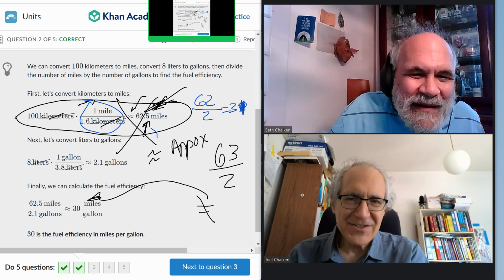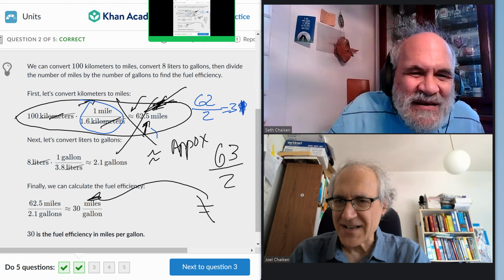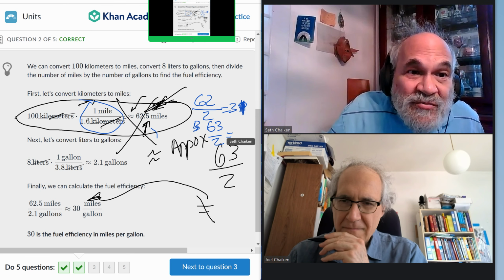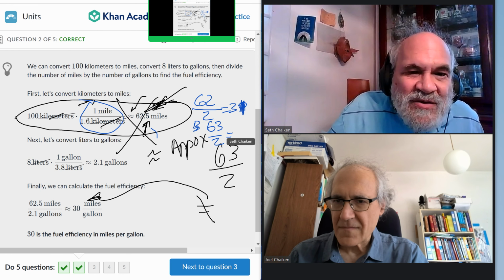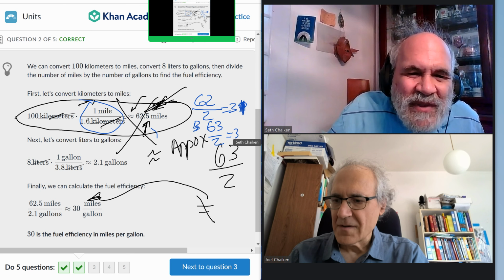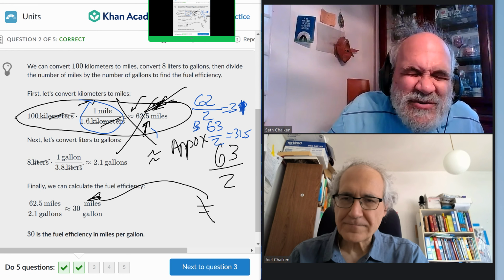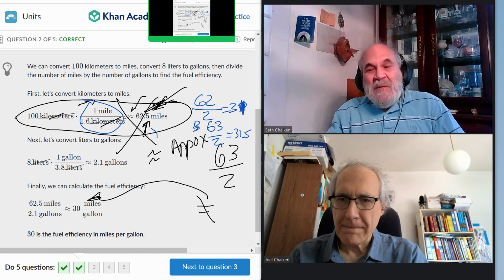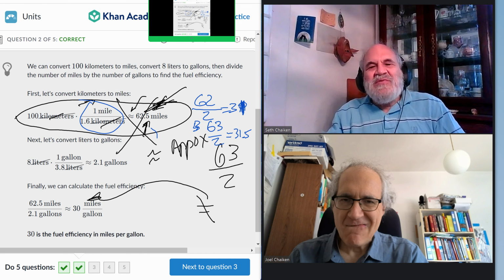In fact, it's better not to even do the half, just to be careful. If you did 63 divided by 2, if you rounded it up, you get 31 and a half, and if you round that up, you'll get 32. So you need to carry enough digits of precision in each intermediate step,